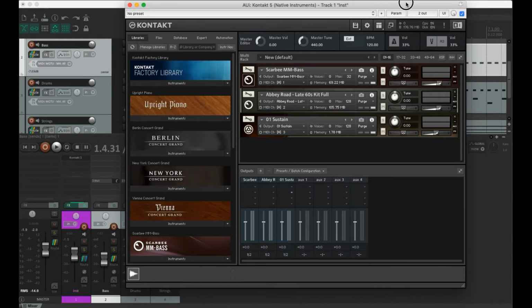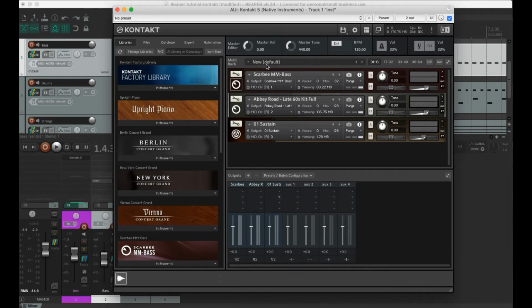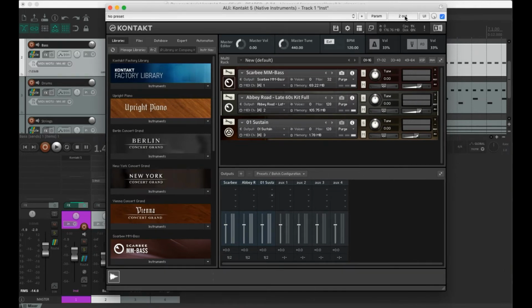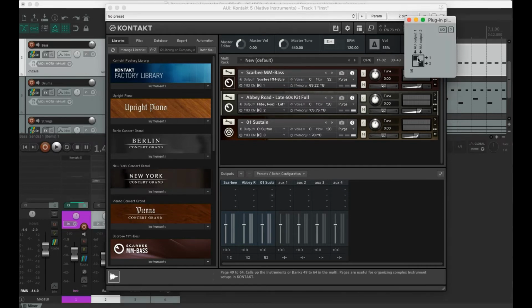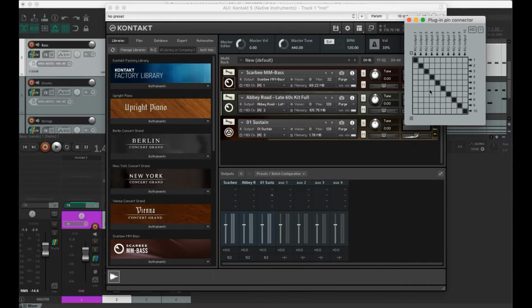It's up here. Reaper is amazing with how customizable it is, but sometimes little things like this just make it very difficult to figure out. So when you make an instrument track, it defaults to just 2 channels of audio that it's outputting. If you go up here, it says 2 out, click on that, and you've only got 2 channels going out. So if you click on that plus button, and again, and again, and again,